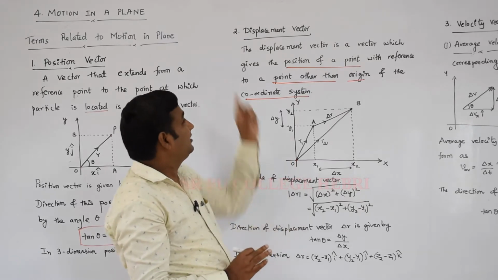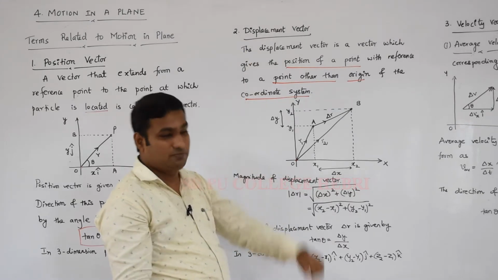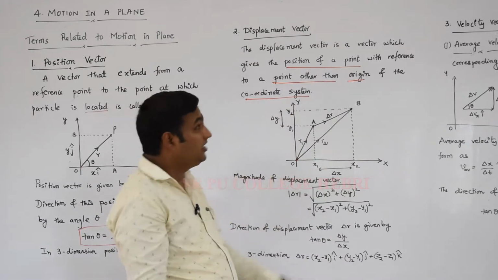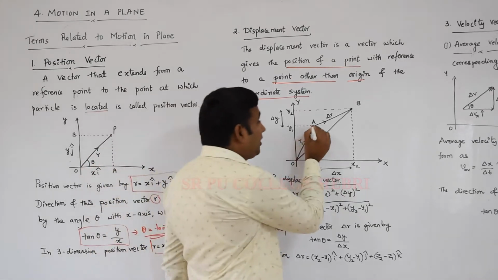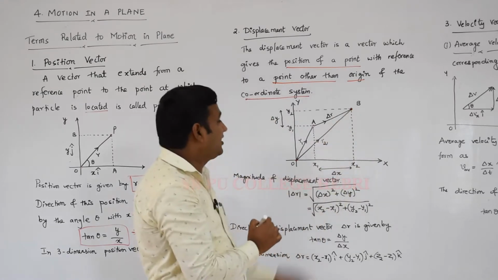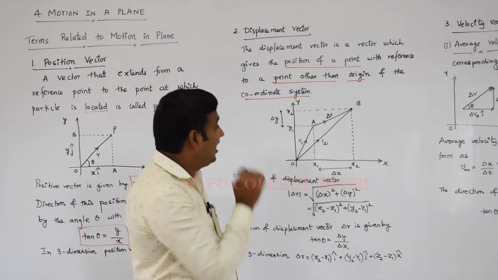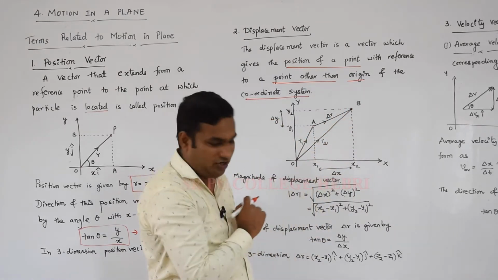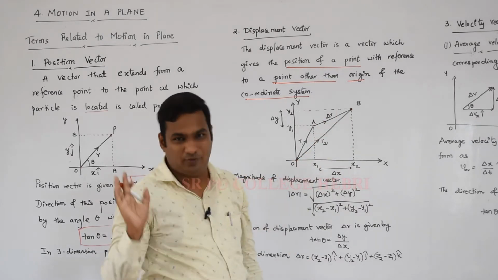And again, the position vector definition was already given; using that we can think about the displacement vector, the vector which gives the position of a point with reference to a point other than the origin. Automatically, located at a point A is the first position vector, and the second position vector is located at a point B, taken as R1 and R2. Direction is given here, and AB is the shortest distance between those 2 points. Automatically delta R is our displacement vector.